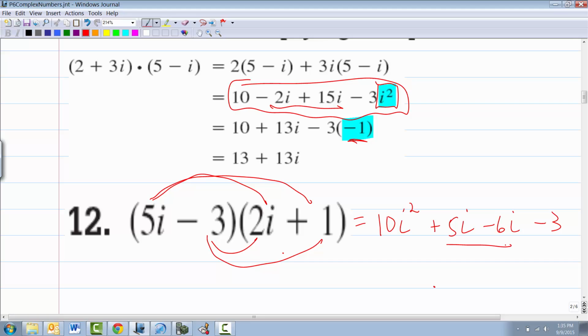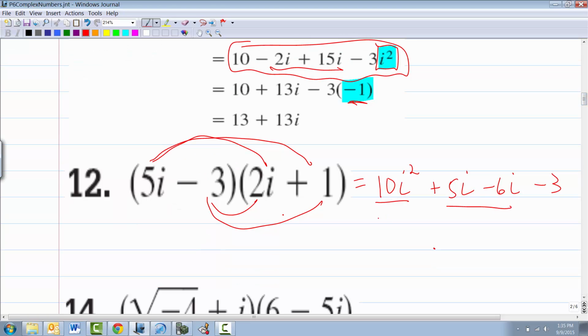This one's easy. That's just like terms. But what does this become? 10 times negative 1. Which is? Negative 10. Negative 10. Good. Well said. And then what's this middle thing become? Negative 1i, or you know what? I don't like the way I wrote that. So let's go back. Let's just say plus a negative i, plus negative 3, then final answer. We'll just have you finish it off. It is negative 13 plus negative i.